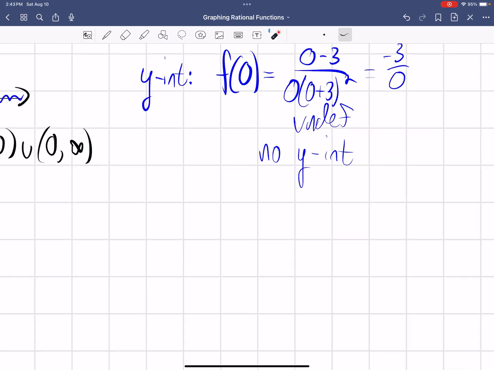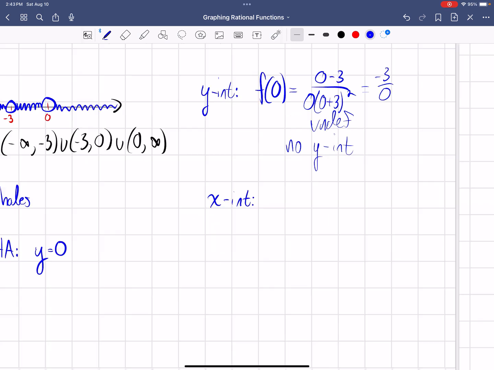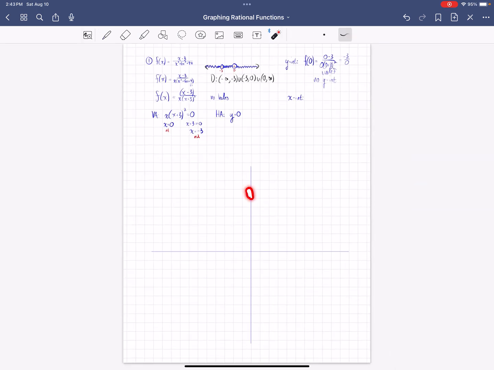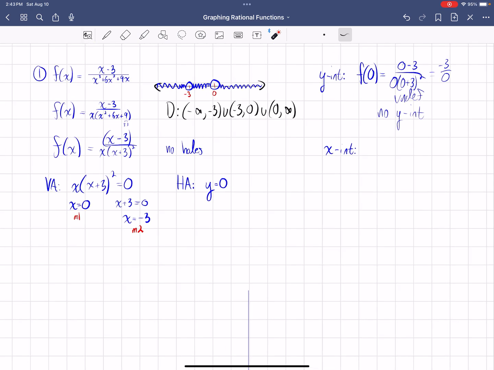Next is finding the x-intercepts. And unlike the y-intercept, we can have multiple x-intercepts. You can never have multiple y-intercepts, because if you did, you would fail the vertical line test and it wouldn't be a function. But you can have multiple x-intercepts, and the way you find them is you set the numerator